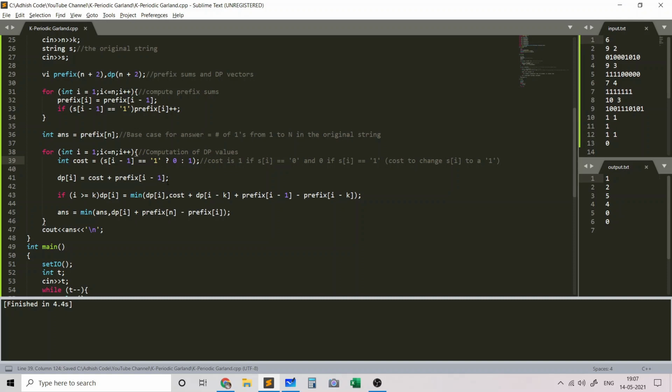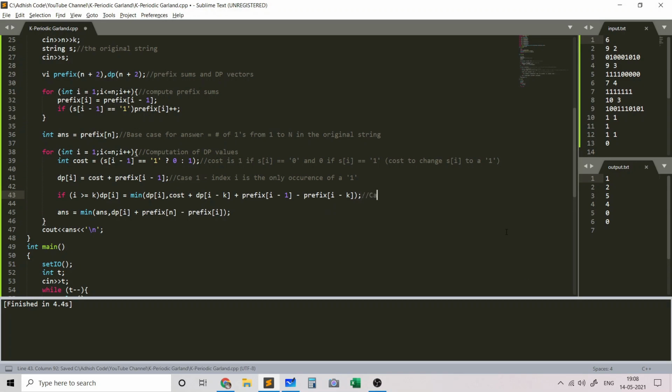And this is the first pass, this is case 1. So in case 1, the ith index, index i, is the only occurrence of a 1. So that's why we would have the cost plus prefix of i minus 1. So we would need to change all the values to a 0. All the values from i minus 1 to 1, we would need to change them to 0. That's why we have prefix of i minus 1.